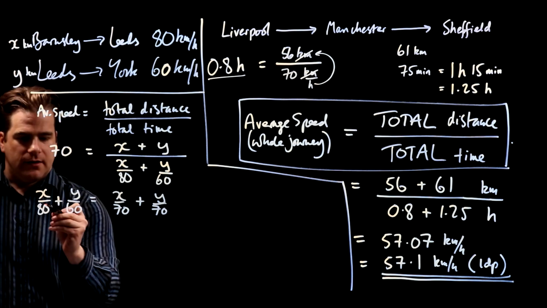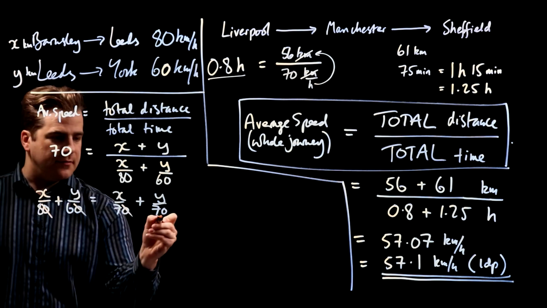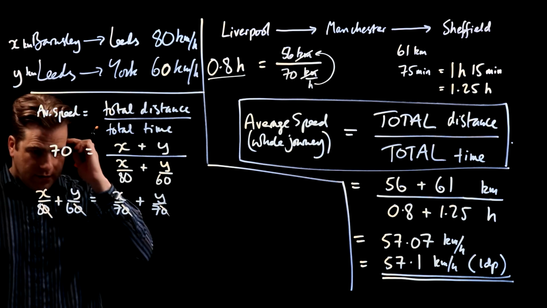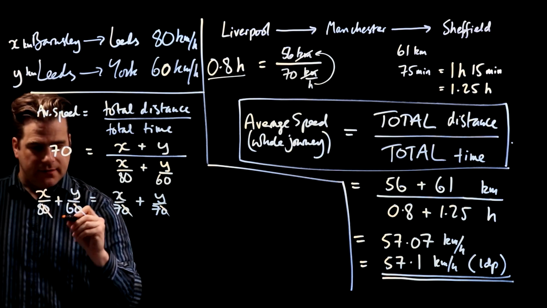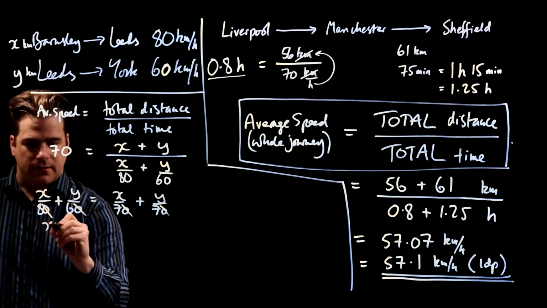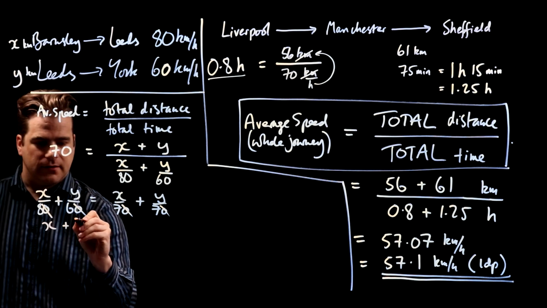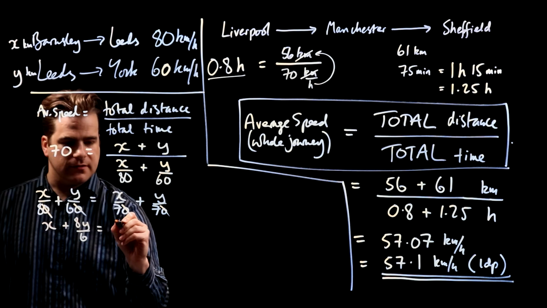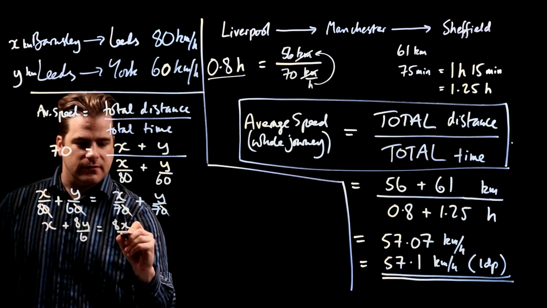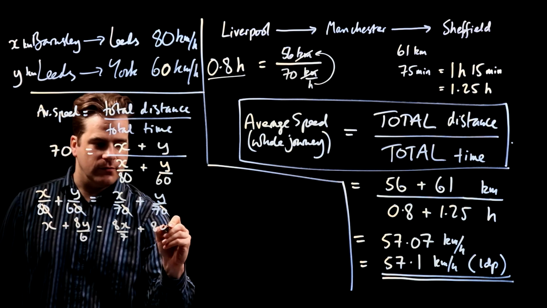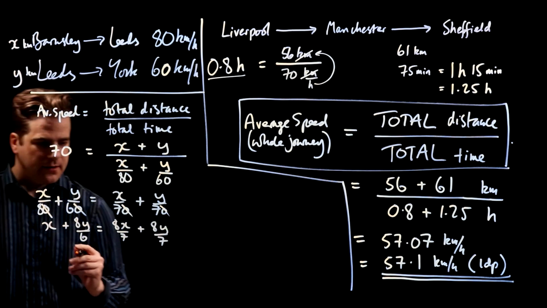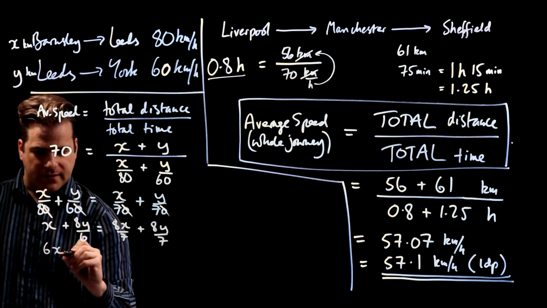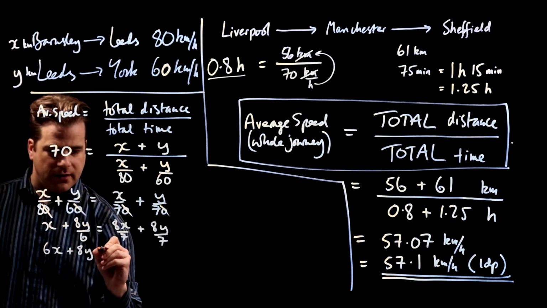Let's get rid of those zeros by multiplying everything by 10. Now let's multiply everything by 8. So we get X plus 8Y over 6 equals 8X over 7 plus 8Y over 7. Let's multiply everything by 6. So we get 6X plus 8Y equals